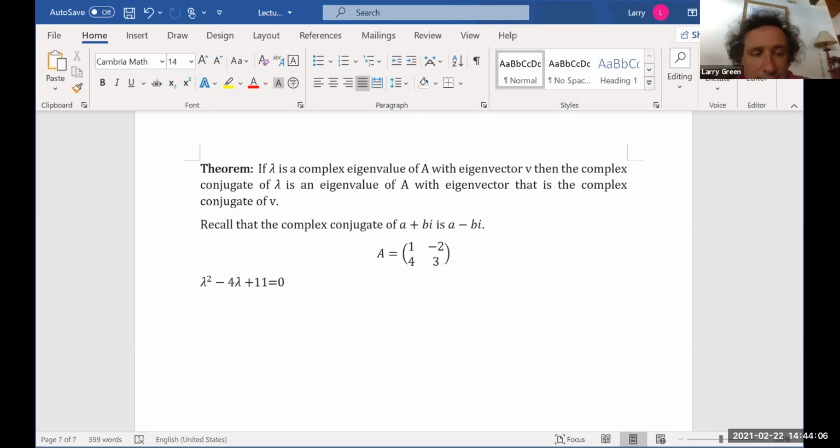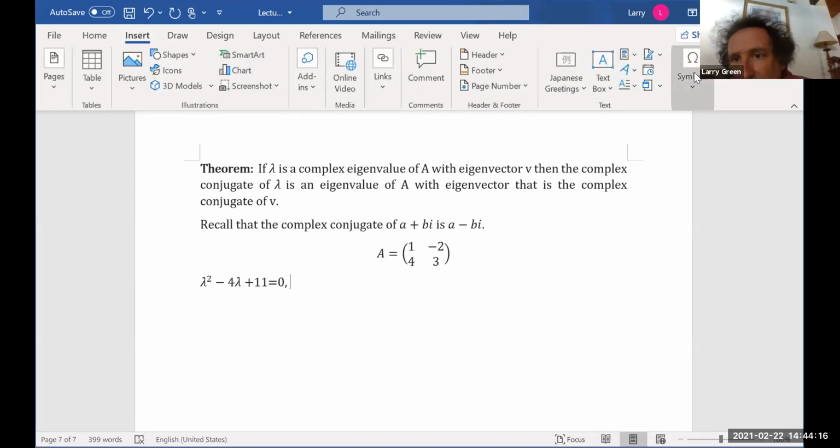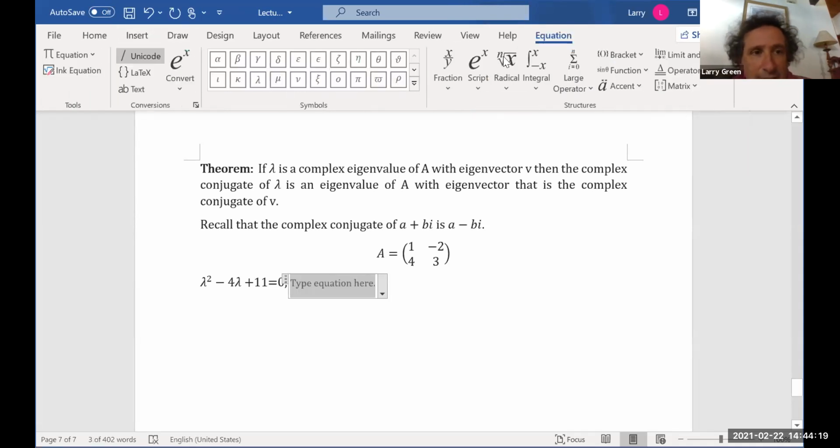So what we get here is lambda equal to a fraction. It's probably been a little while since you had to do the quadratic formula, but it's negative b, which is 4, plus or minus the square root